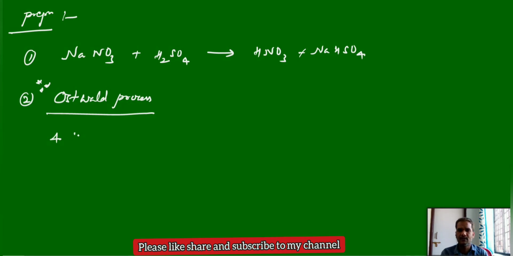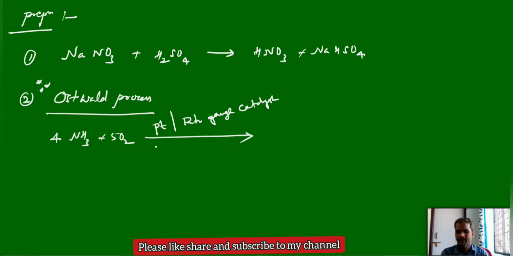The first step here, ammonia can be converted into the nitric oxide. And this step also important. If we treat with the catalyst like platinum or rhodium catalyst, in presence of platinum or rhodium at a temperature of approximately 500 Kelvin in 9 bar pressure, it can produce nitric oxide.